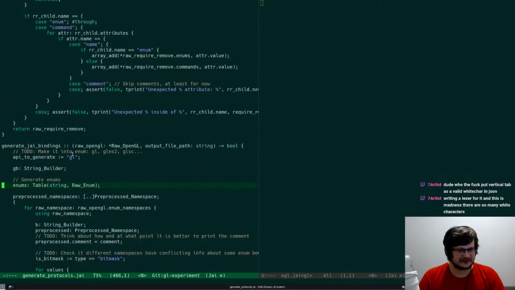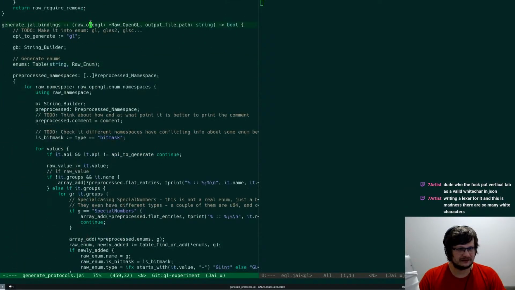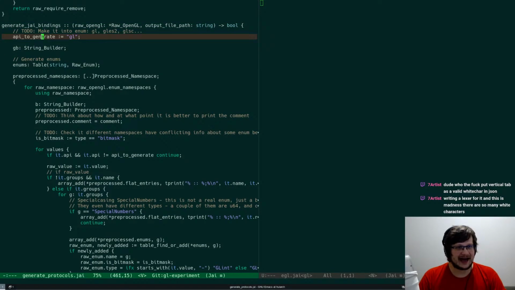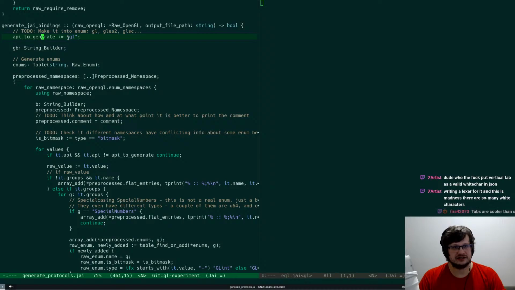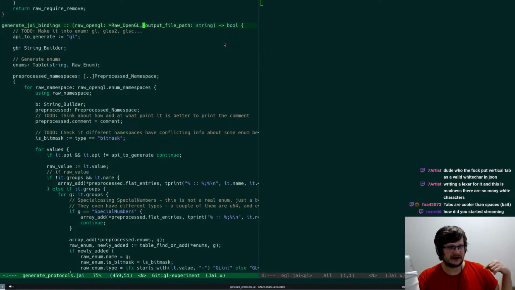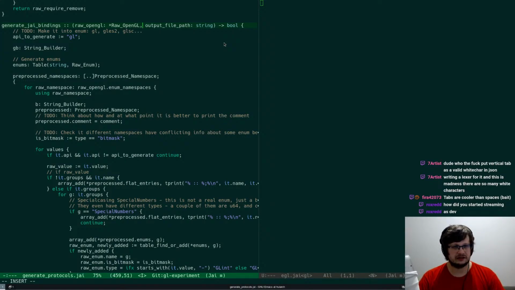Where's the generate routine and why won't it work? So... API to generate GL, look at that. That's why, because the API to generate in my case was EGL. So GL,